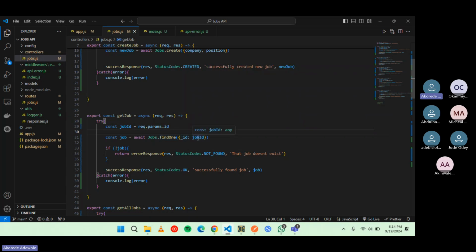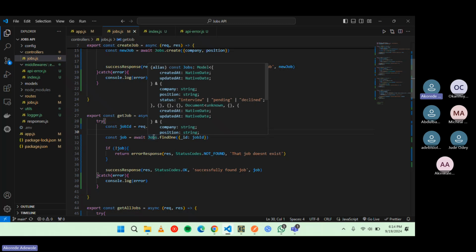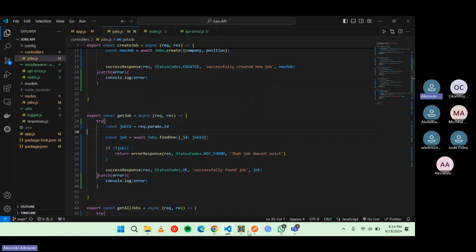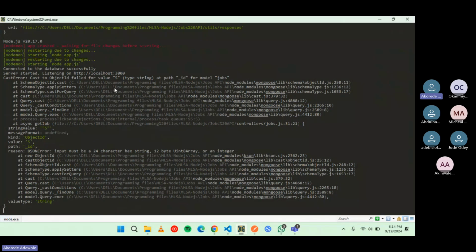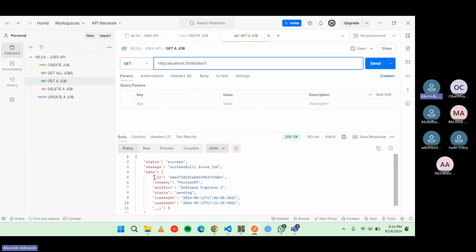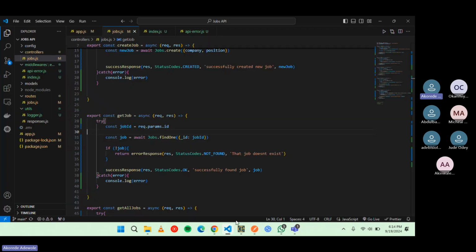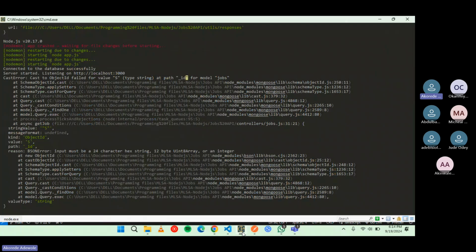And that 5 is not really something that your MongoDB is expecting. It couldn't cast that 5 into the object type that is stored as underscore ID. And you know, your underscore ID is the internal way that your MongoDB is putting your entries, your documents, in the database now. So each entry in the database is expecting that. Because it couldn't cast that, and we didn't handle it gracefully,